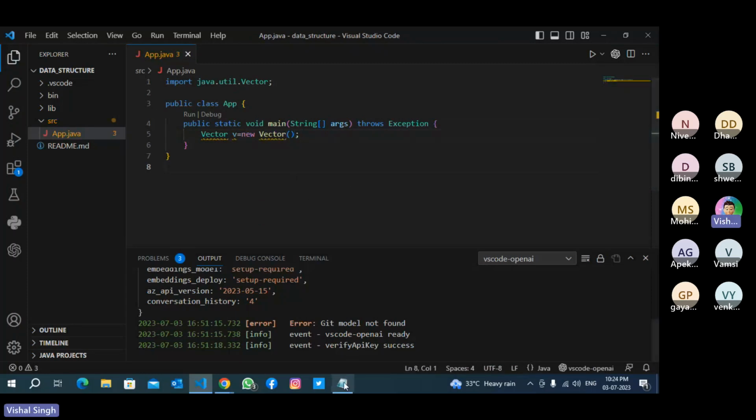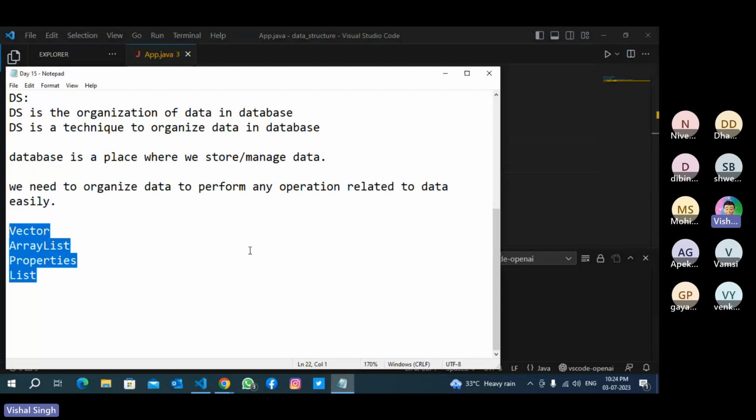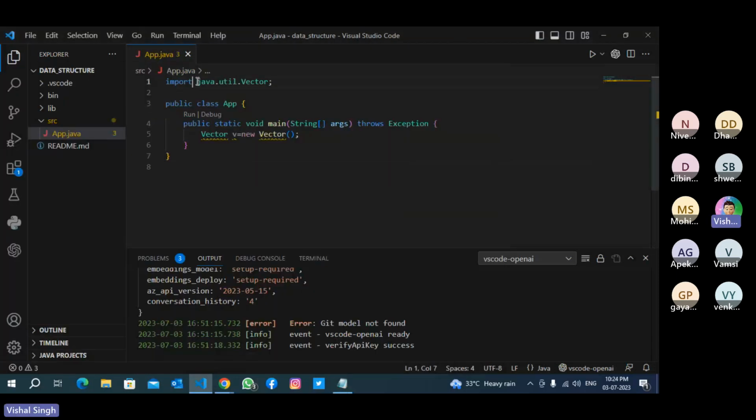And all these classes are available in which package? java.util.* . The java.util package. Util means utility package. See, java.util.Vector. And you can add anything in this Vector class.